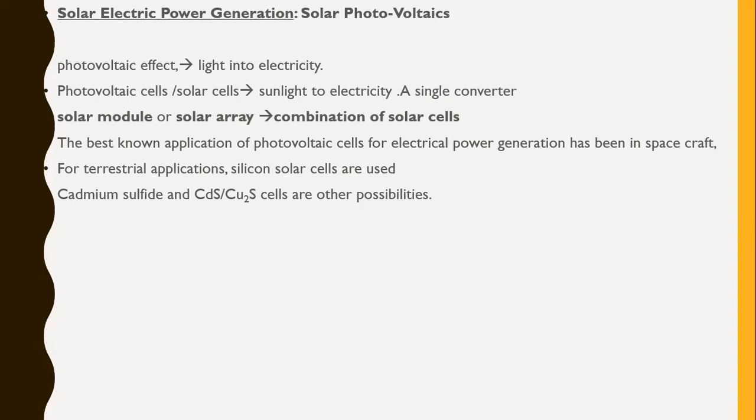The great barrier to solar cell application lies in the cost of these cells themselves. Because of its high cost, this acts as a barrier to the use of these photovoltaic effects. So if we can reduce the cost of silicon cells, we can actually use them for various applications.